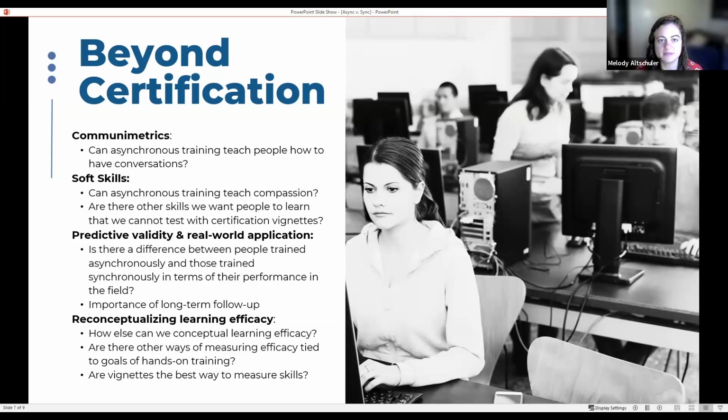For example, we have talked a lot about what are the soft skills that are needed to have the conversations with children and their families when you're actually doing the CANs or the other assessments. And the certification exam right now is really focused on how do we pass the test, which is important. But just something to think about, communometrics, what this means. Is it possible that Lauren's really interesting results about there not being a big difference from synchronous to asynchronous trainings for the test itself means that maybe our resources are better spent for live trainings to be working on these